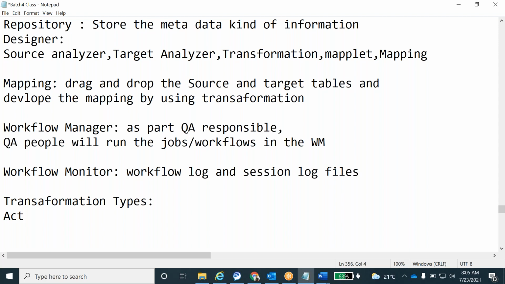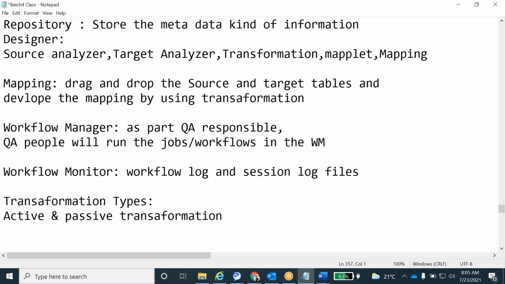Active and passive. Okay, active transformation and passive transformation.